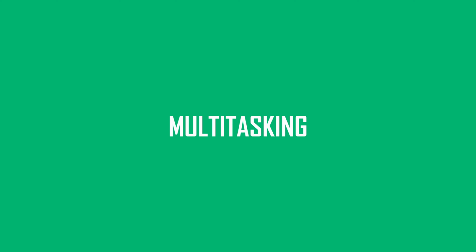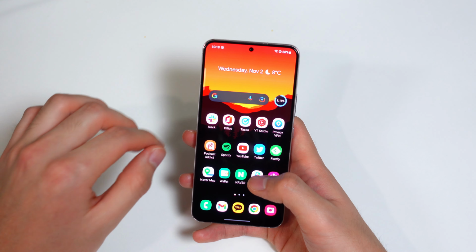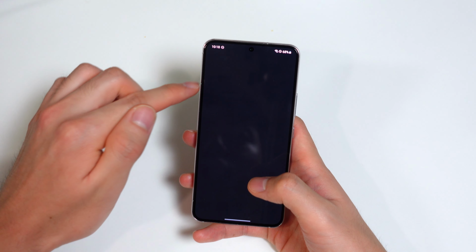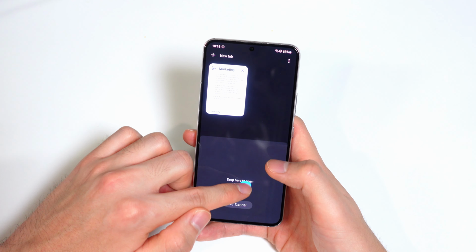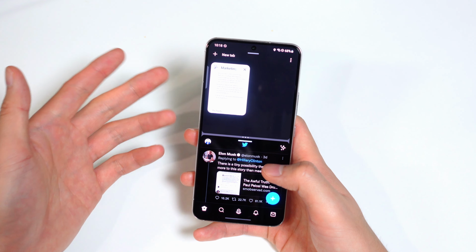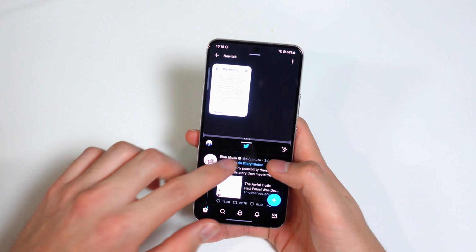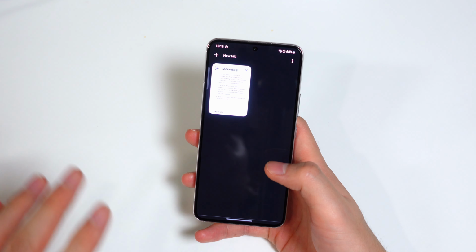The next thing I want to talk about is multitasking. Samsung has always been good with this, with split screen multitasking. They had the side panel here, which you can use to split two apps. So let's go to Chrome, and you can open Twitter on the other app here. So that was pretty easy too, and I really wish that Google would implement this into their Pixel software. Without you having to do that, now Samsung added a gesture that you can do super easily.